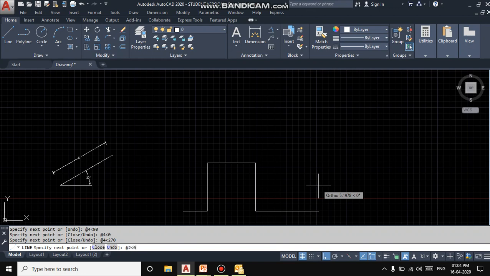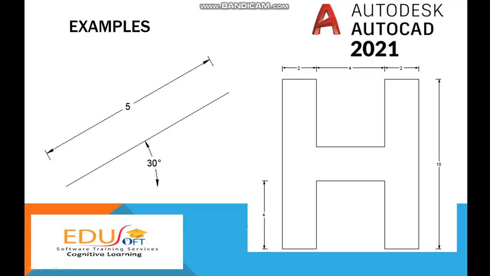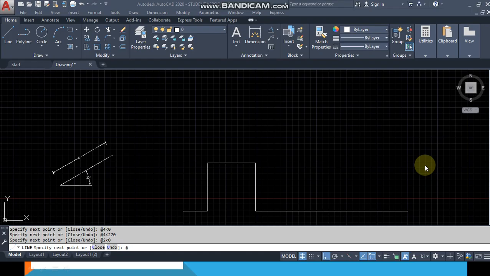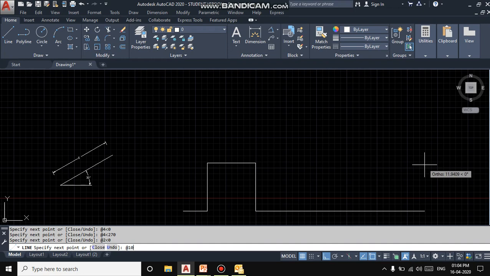@2 angle 0. Here also we are not using the mouse. Okay, the mouse is keeping silent there. We are not using the mouse. Now this is moving 10 units upward. Here you see 10 units upward. So @10